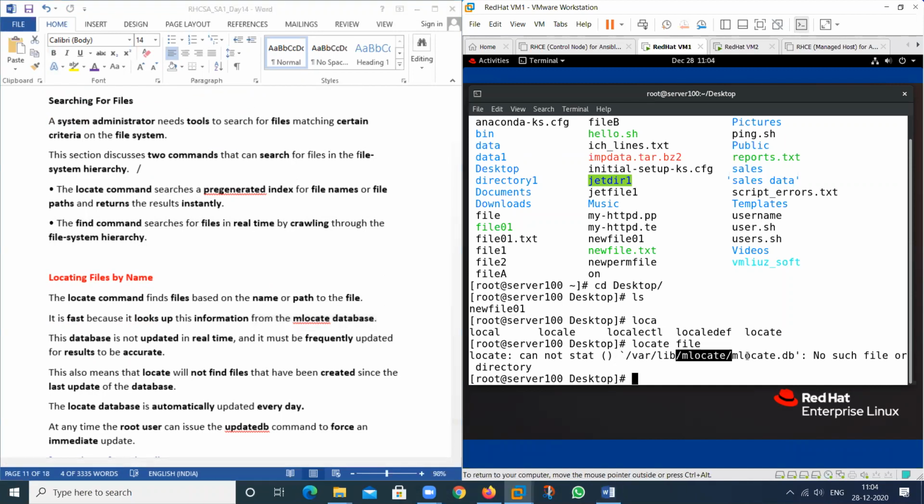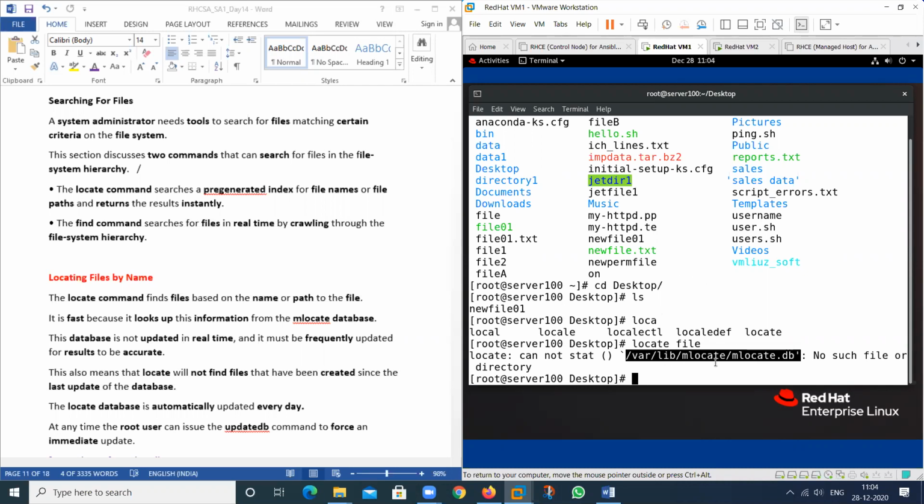See here, this particular database is not updated. Where is it located? All the variable databases are located under /var. It can be an FTP database, a DNS database, a web server database. In /var we have another folder, lib.